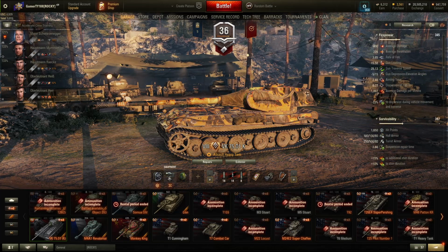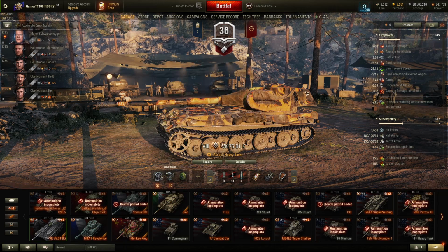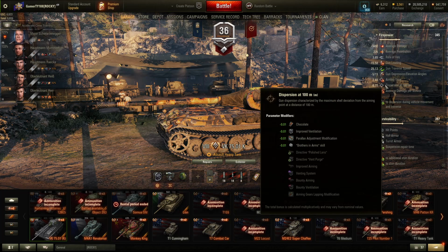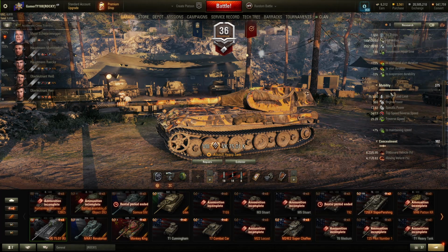And I tried using an accuracy device. Without vert stabs, it sucks. I couldn't use an accuracy device. You need vert stabs, in my opinion. It's terrible without them. But the vents increases your accuracy and your view range and a little bit of DPM, so you don't lose as much as you'd think compared to